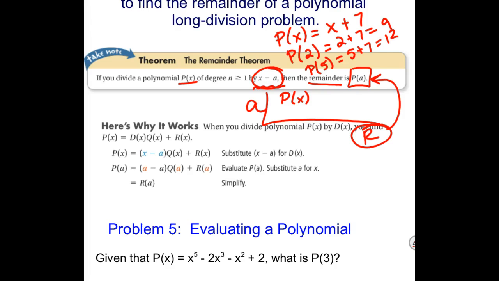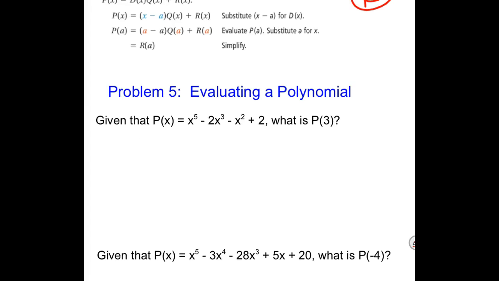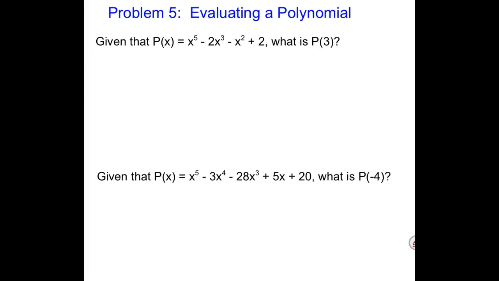The other numbers in that bottom row aren't going to matter for this question. The question is not to divide the polynomials, it's to find p of a. And p of a is just the remainder piece. Okay? So, if I give you p of x equals x to the 5th minus 2x cubed minus x squared plus 2, and I want you to find p of 3,